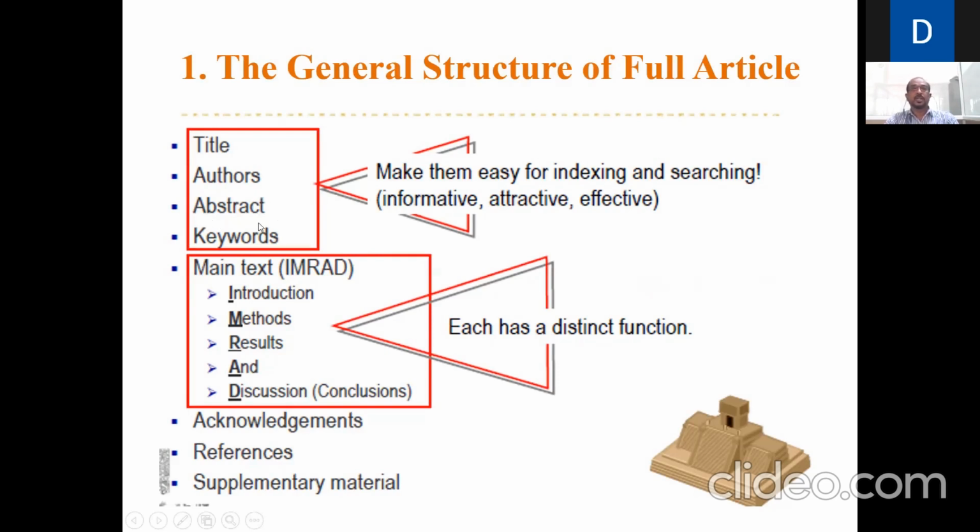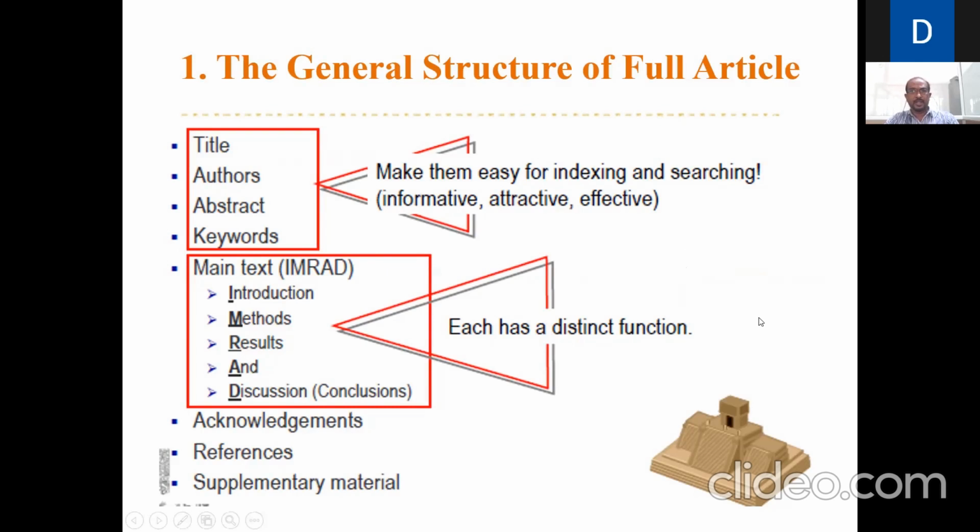The fourth one is the keywords. Keywords are nothing but some important technical terms you have used in your paper. They help the editor to choose the reviewer. For example, if your paper title is improving the efficiency of electrical machines by the finite element method, then the keywords are finite element method, efficiency, and electrical machines.